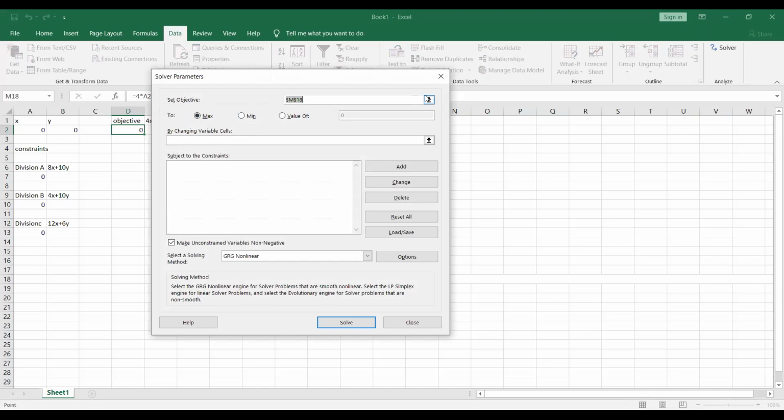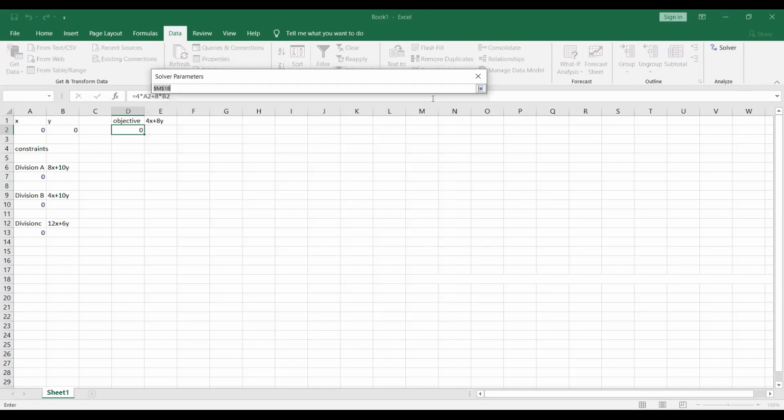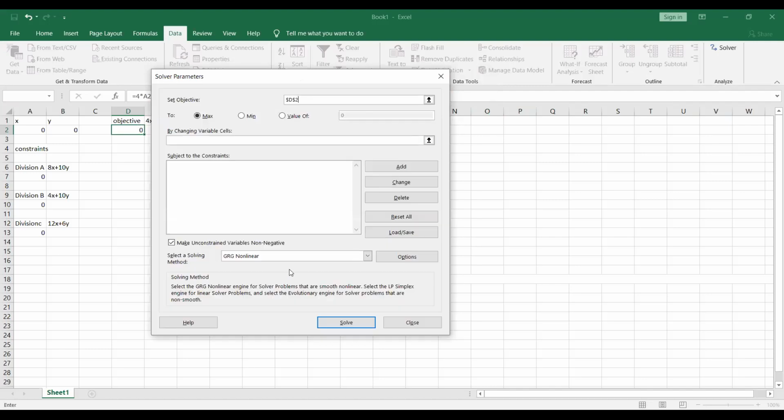Click here. Okay. So now select the objective. Select D2. This one. Yes. Click on this one. That's fine now. Then click here again on the solver drop down menu again. I'm showing you. You come out of there. Yes. Click here. That's good. Now stop sharing.